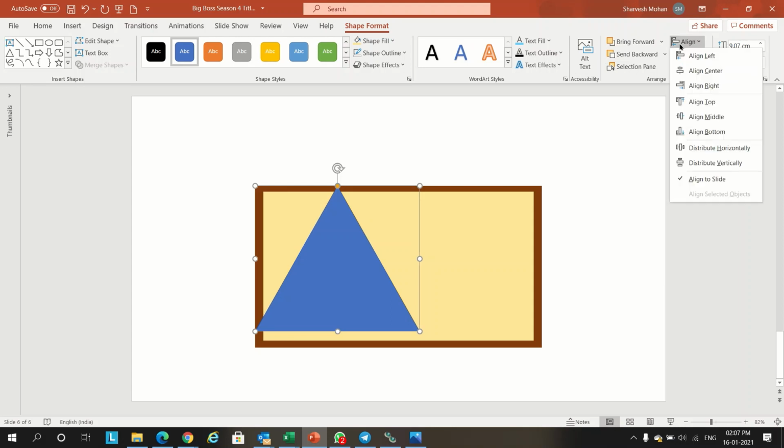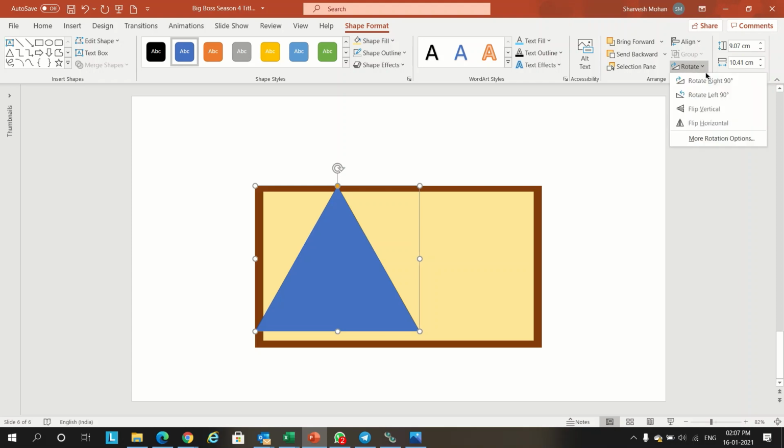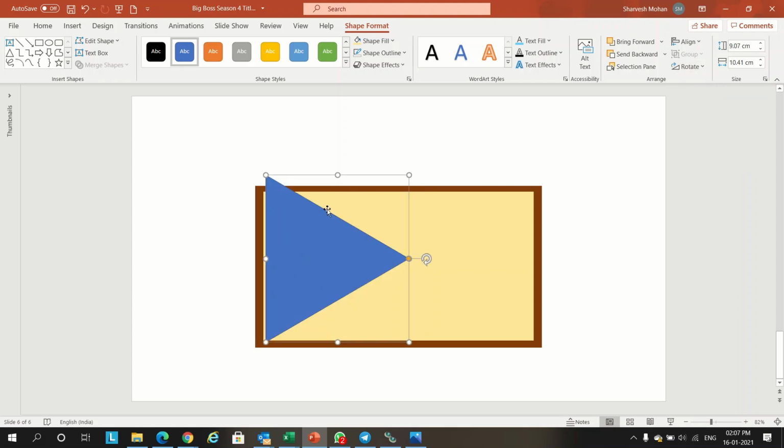Then we'll go to rotate 90 degree, and we'll just align it on the corner of the rectangle.